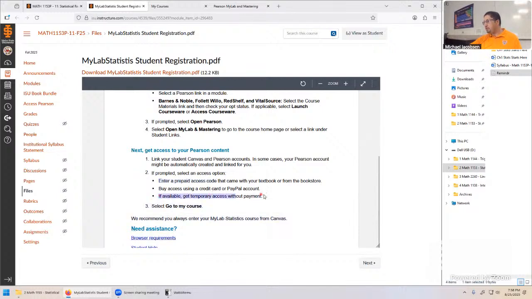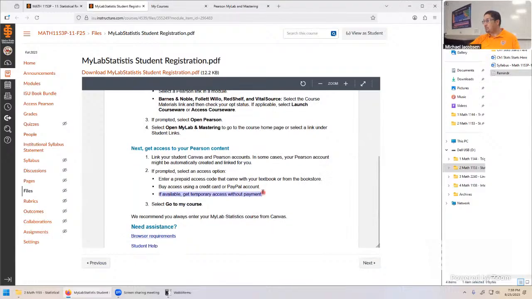If you've gone out of the book bundle, or really just anybody, you can always click on temporary access. This is 2 weeks temporary access, and the system just starts to resolve who's in the book bundle, who's not. But even if you're not in ISU's book bundle, every student has the 2 weeks temporary access without payment. So you should see something that looks like that. I wish they showed these screenshots of what that might look like.